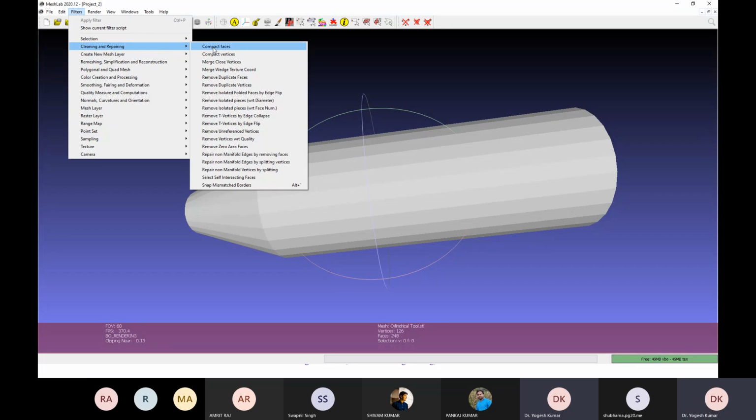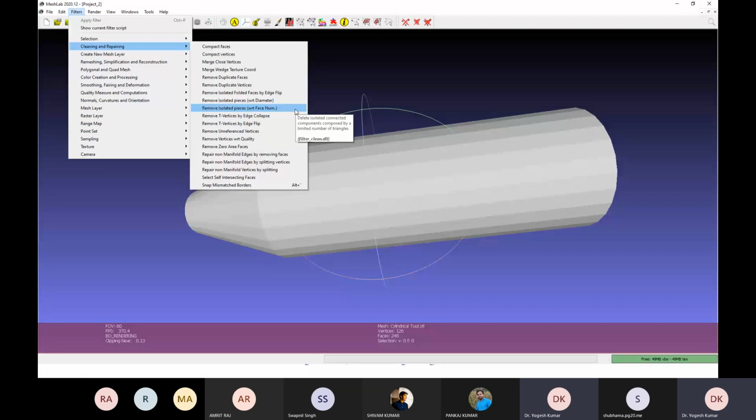Okay, so here there are a lot of options under cleaning and repairing: compact faces, compact vertices, merge vertices, merge bridge texture, remove duplicate, remove isolated folded face by a clip, remove isolated piece, remove isolated pieces with respect to diameter and with respect to face number.